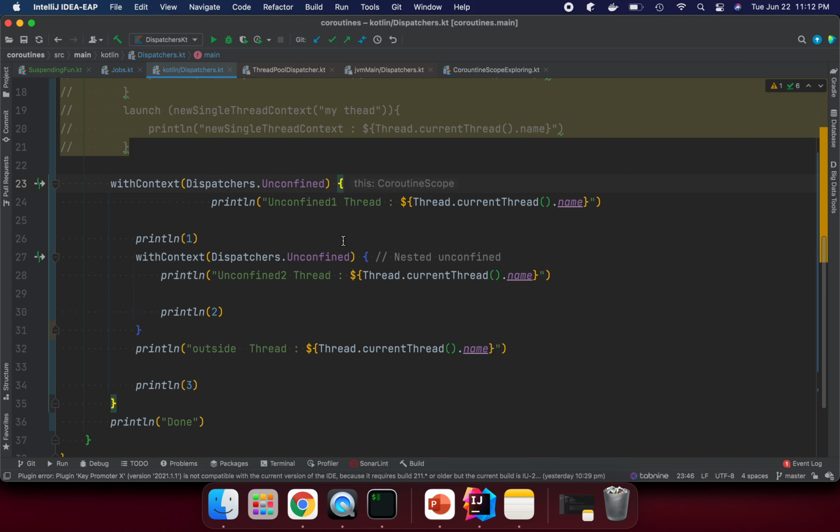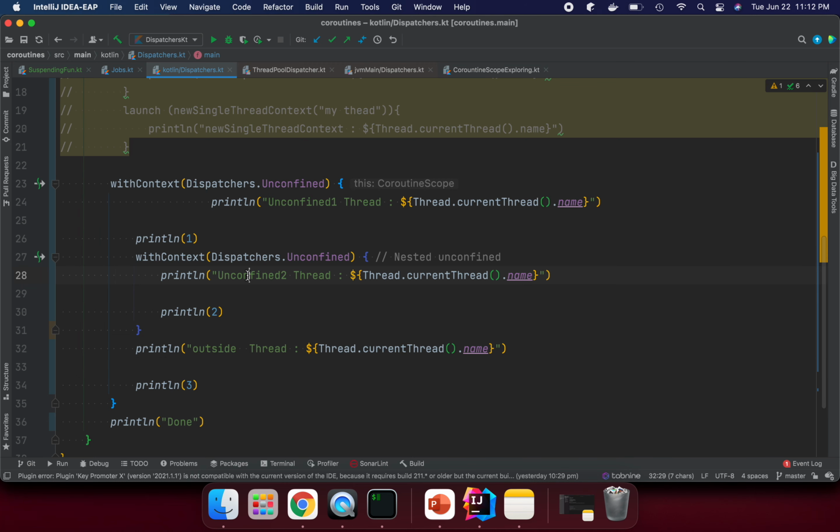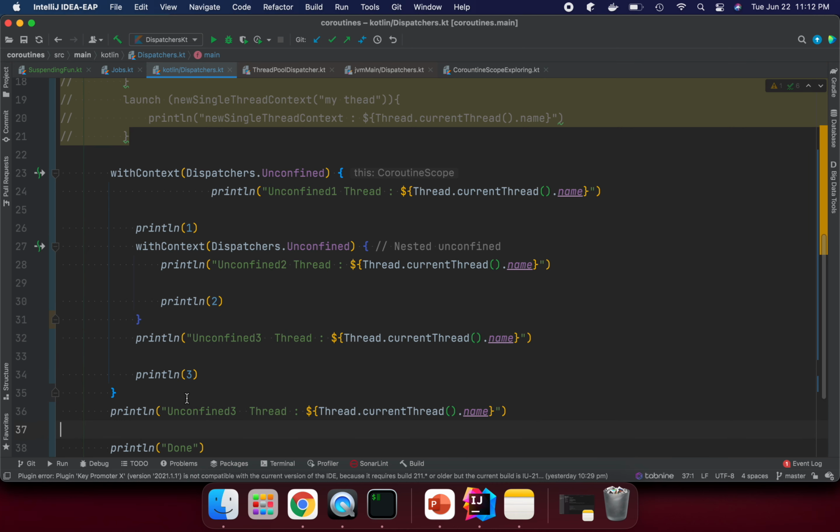So we are here. In this thread we have, let's say, unconfined 3 here just to print. And this will be outside.